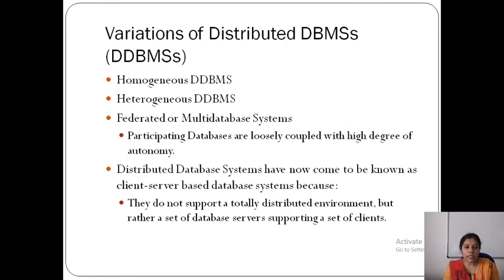Then federated means, here you think you have separate centralized DBMSs located in different locations, and they have their own local systems. Multiple centralized systems are there, and you are grouping these centralized systems. Are you getting?